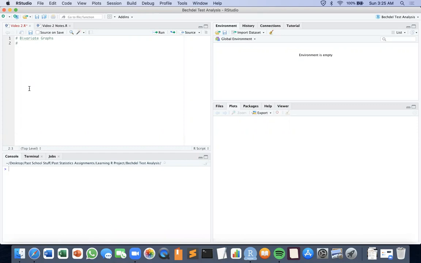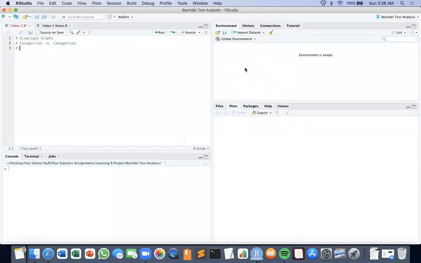Three main types. The first type is categorical versus categorical. So you're comparing one categorical variable to another categorical variable, and that's the first type we're going to be looking at. It'll probably be easier to conceptualize when we have some examples, but I'm just putting these down so you'll have a framework for the rest of the video. So we have categorical compared to another categorical variable. We have two quantitative